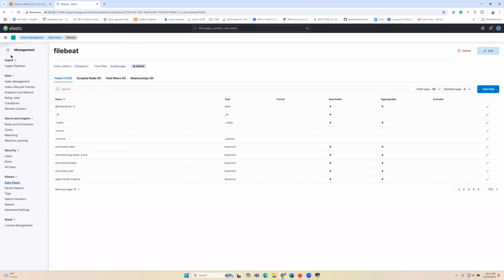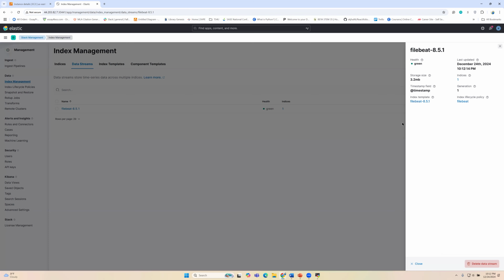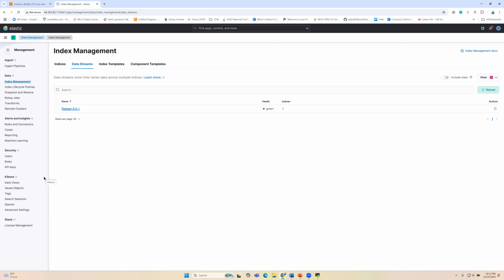And now I can go to stack management. You can see data, index management. I go there and I see the data stream. I can see the Filebeat showing and the health is green, which means our application is healthy. And then we can see all the logs for this one. If I click on this one, you can see